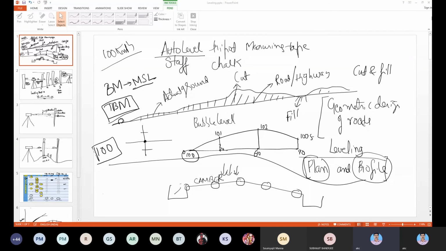You have submitted radiation and intersection, right, till now? Yes, sir. So next you can submit the leveling data. No need to submit the other two methods now. Okay, sir. So you submit the leveling; I think that is pending, right? Leveling is pending. You have submitted ranging, then compass survey, then the plain table closed traverse survey. Yes. So next is this leveling data. So submit leveling on 22nd October.